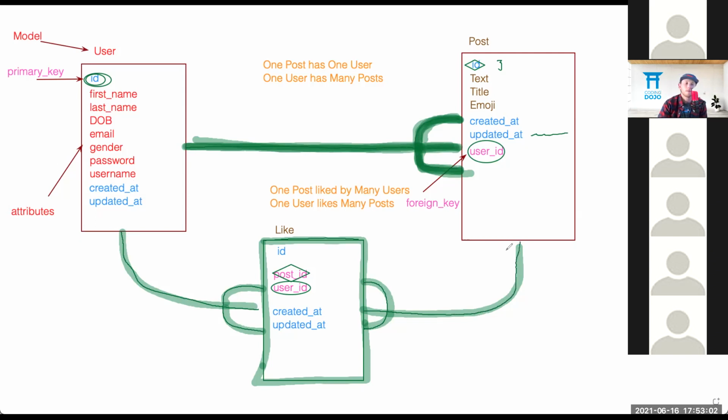Hey Will, does it go vice versa? Like, a user can have so many likes, and let me see if that's true. A like can be liked by so many users, right? Yeah, a user can have many likes, but if you think of an instance of a like, that is only associated to one user, right? Yeah. But a post can have many instances of a like. So many users can like a post,